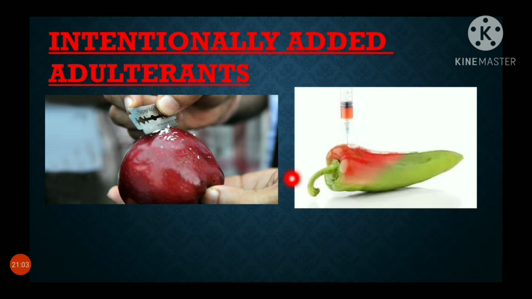Chemicals like calcium carbide are added to ripen bananas and mangoes. Now the banana is green, but the farmer wants to sell it tomorrow only. Within tomorrow the banana cannot become yellow. So what they are doing, they are adding chemicals to make the banana from green to yellow, ripening it. So what happens? Sudden ripening can change the nutritional content in the banana or mango.